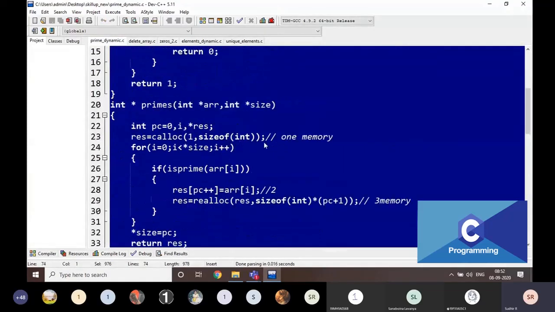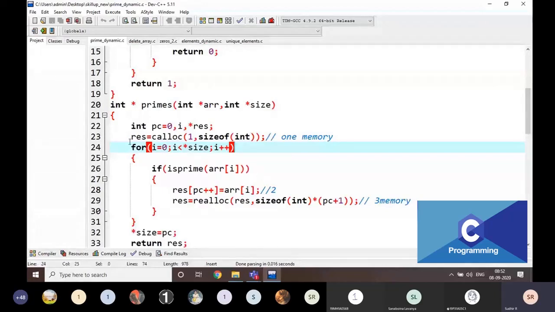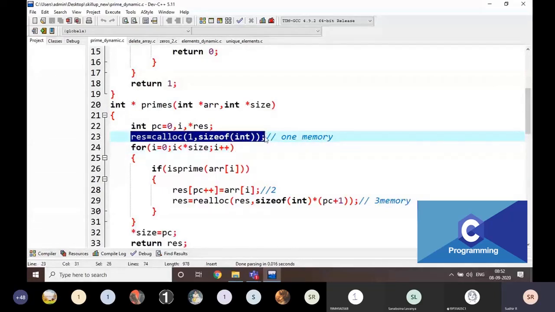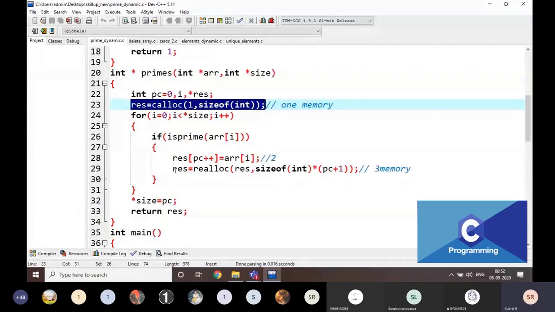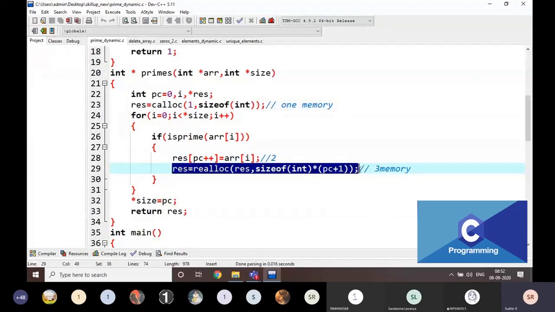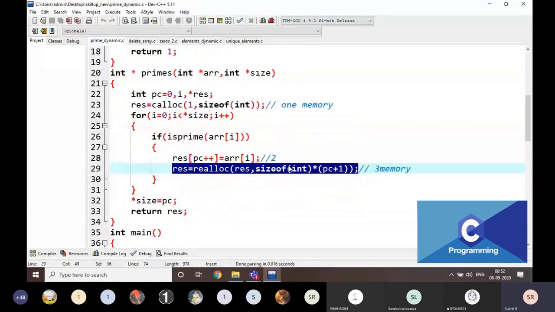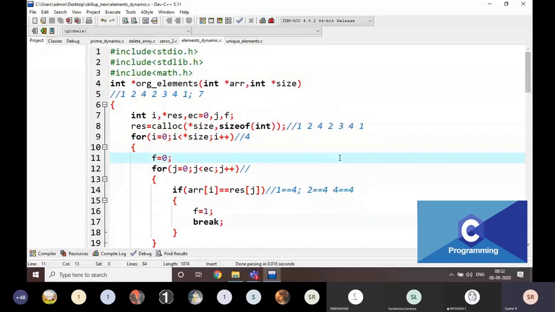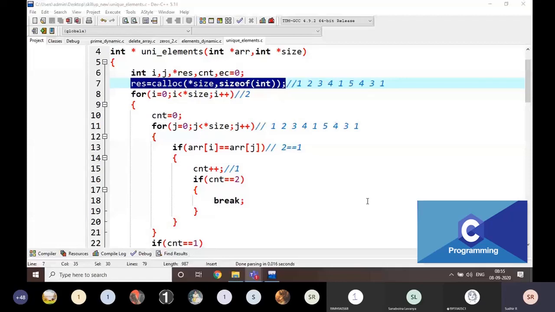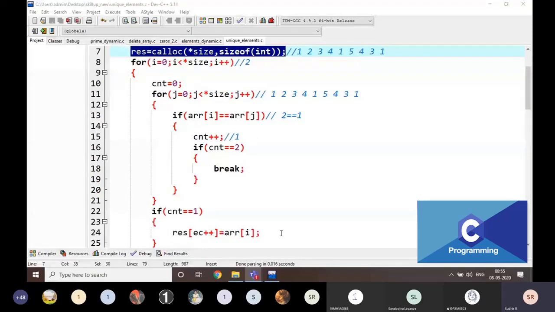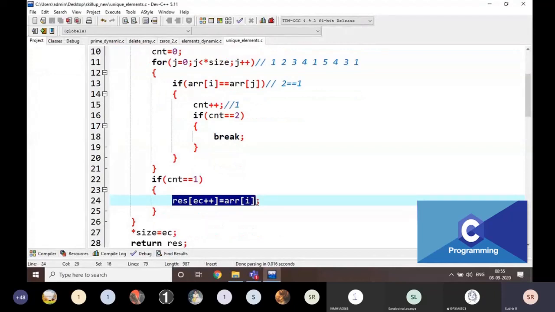Here I am writing that every time I am going to allocate only one memory location for the first time. For every time I am going to reallocate it, right? In this way also we can do these two programs. Just practice in this way. What I taught you today, the two programs, you have to work on that dynamic prime program. That means every time we are going to allocate the memory location. In the last two lines also, if the count is equal to 1, we are going to insert it. Does everyone understand? I am writing two lines in a single line. That's it, nothing else.